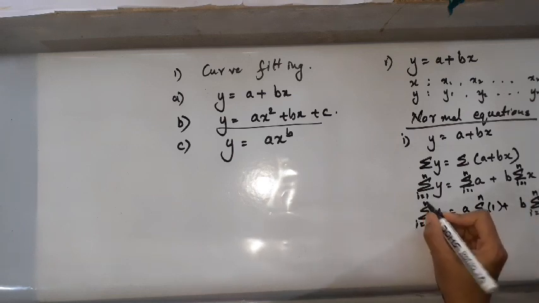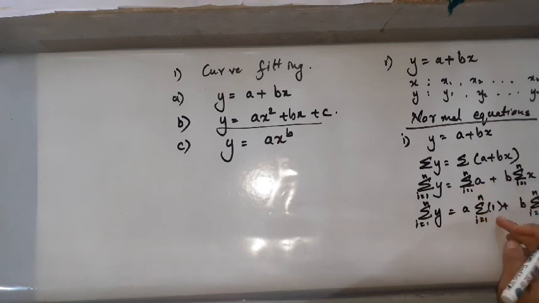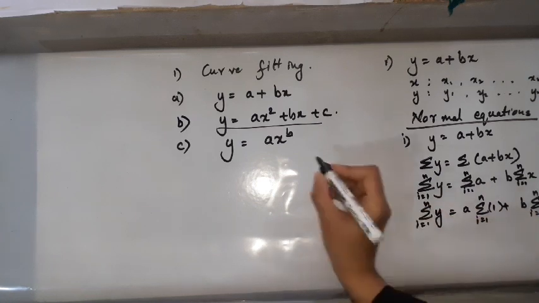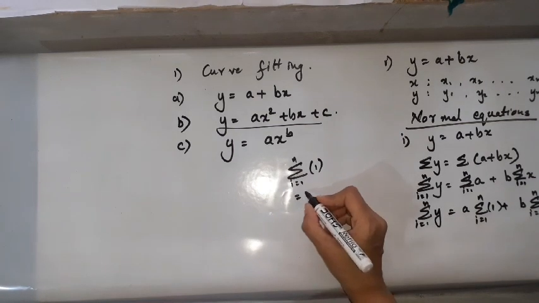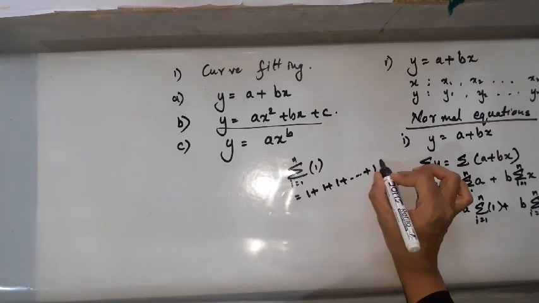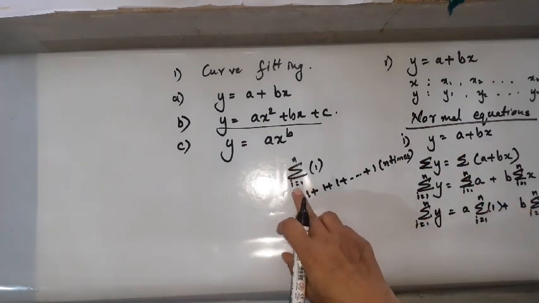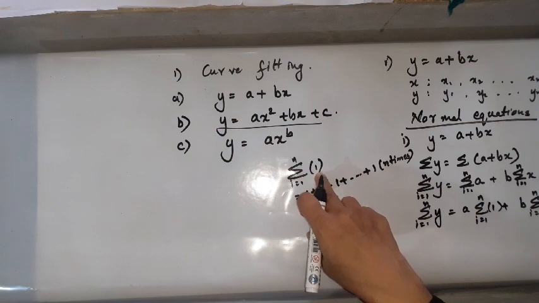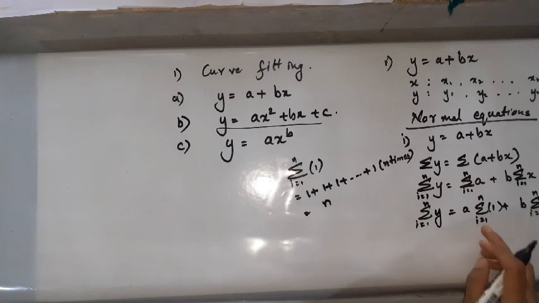I am writing again and again, so let us write it together. Okay, now see here, what is summation of i going from 1 to n of 1? a has been taken out, so nothing is left, so I can write 1 there, right? What is this summation of i going from 1 to n of 1? It is nothing but 1 plus 1 plus 1 plus so on plus 1, n times, because i is going from 1 to n, right? Only i is going from 1 to n, and you are going to keep that value 1, 1, 1, 1, n times. So it will be n times 1. It becomes n, no? So this part becomes n.